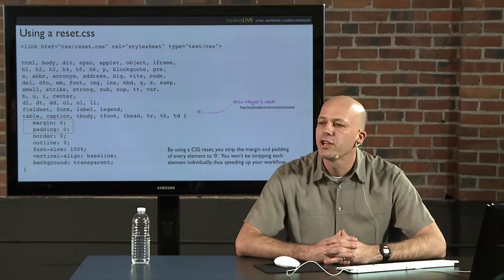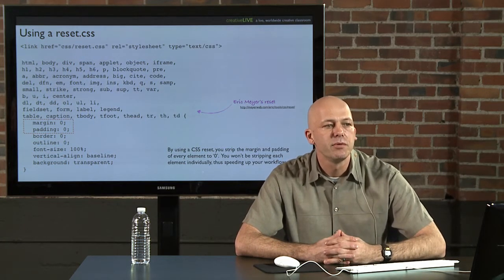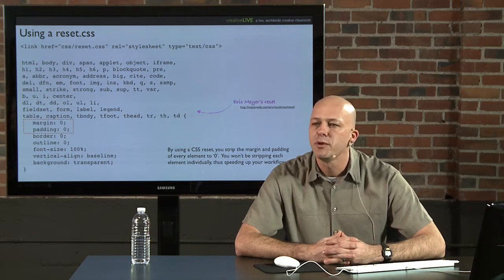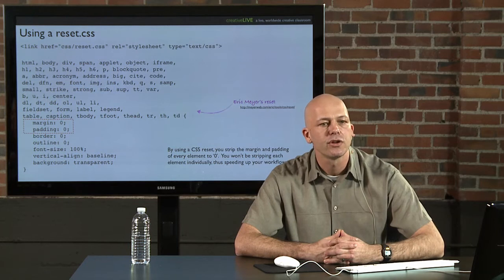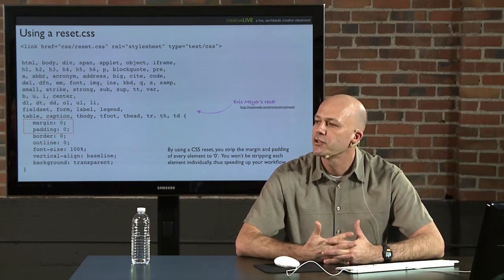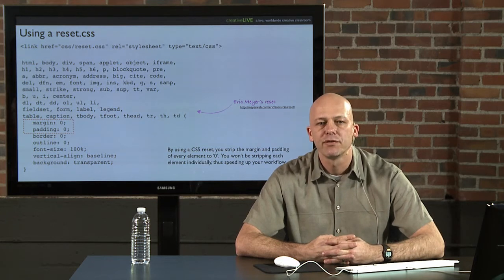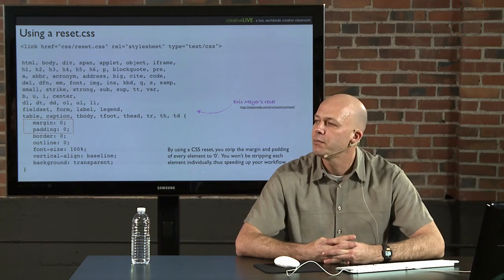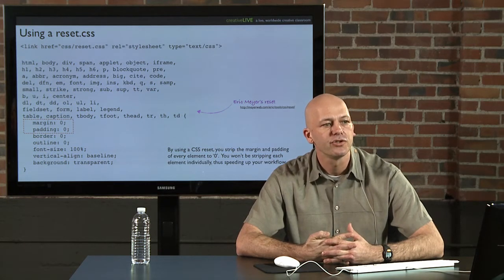So one of the things that I'm going to do here is start with a reset.css. Now, people who have taken my previous Dreamweaver classes, you've seen me methodically, step by step, strip the H1 tags, strip the unordered lists. For those of you who need a refresher on the concept, all browsers interpret an HTML document differently. They add a default margin and padding to each HTML element of approximately 10 to 14 pixels, and